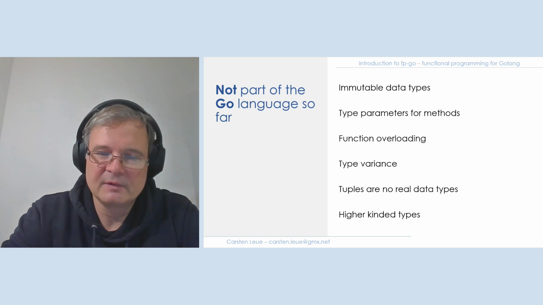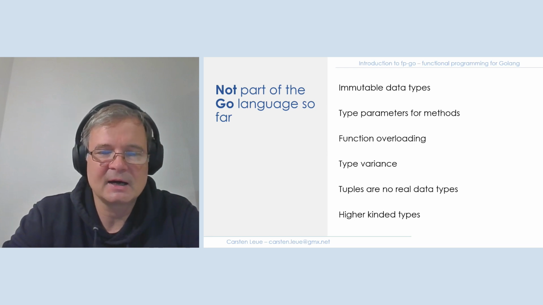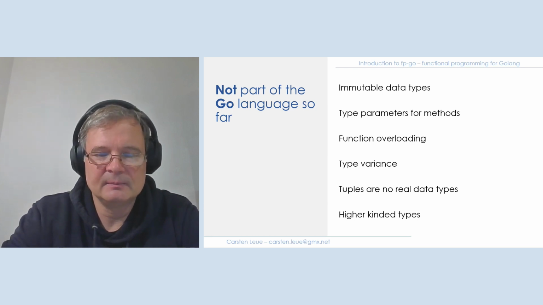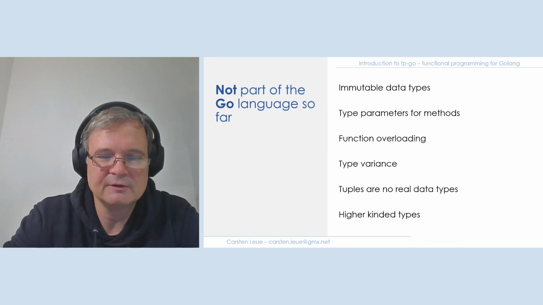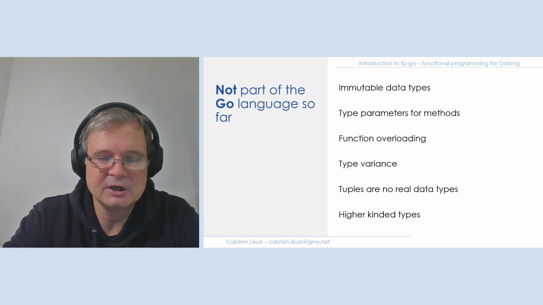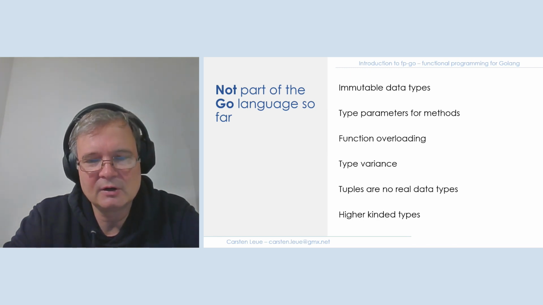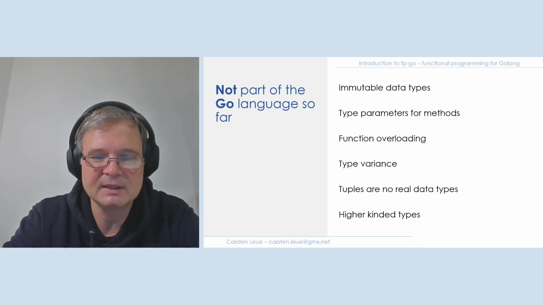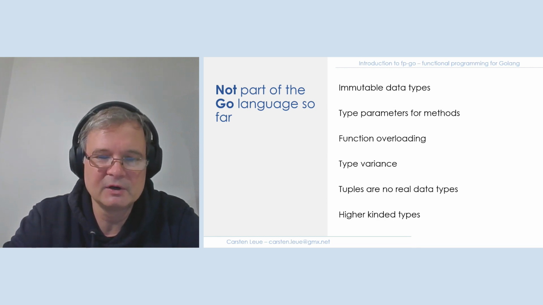And the larger missing feature is higher-kinded types. So the current type system in Go only allows you to define types in one level. You cannot define a generic type that in turn is typed by another generic type. Again, we'll see an example where this would be helpful.